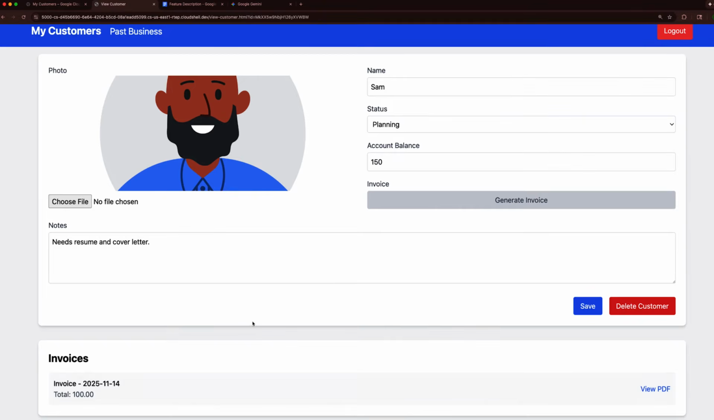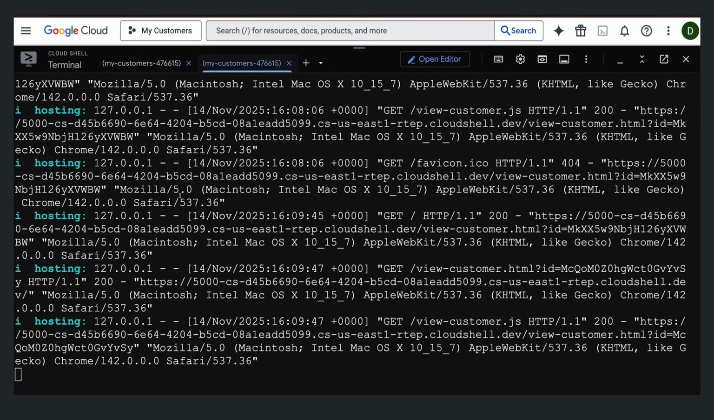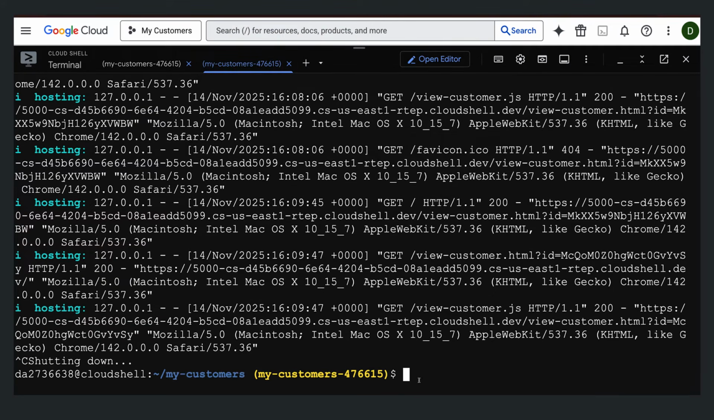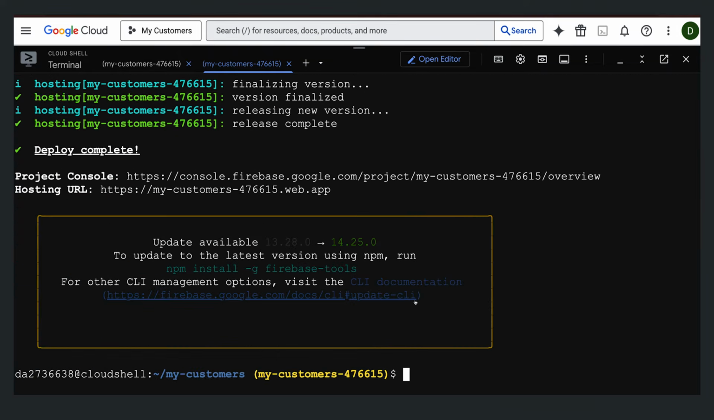Let's open the invoice and check the formatting. Yeah, this is great. There's the line item, the date, and the customer name. Excellent. Now let's exit the test environment by going back to Cloud Shell and typing Control-C to shut it down. I'll run Firebase deploy to deploy our latest and greatest version of the app, and click the hosting URL to